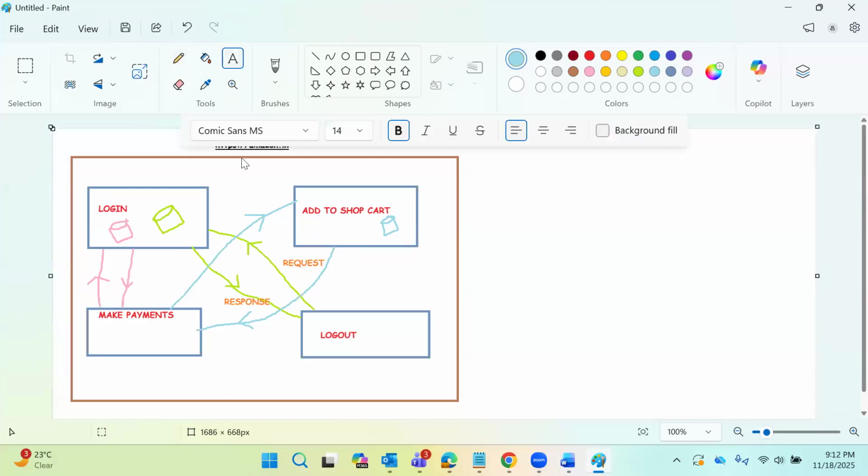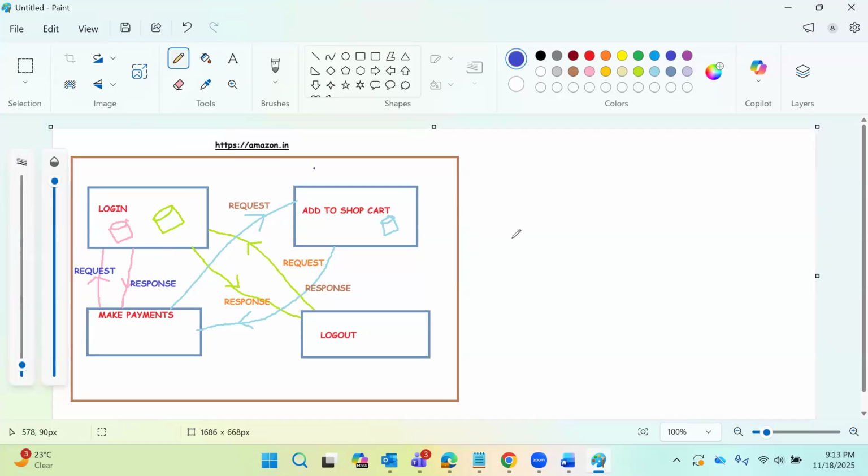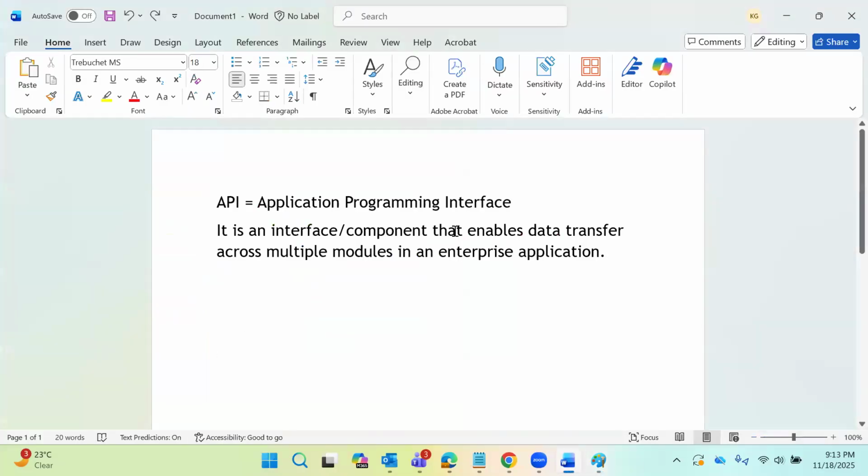Here also, if you have observed, there is a request going from one module to another module, and there is also a response coming in. Not only that, here also the modules are talking to each other. There is a response coming in, there is a request going in. So if you understand two modules are talking to each other by exchanging a request and response, all the modules are part of my entire Amazon.in application. That's why if you see here,